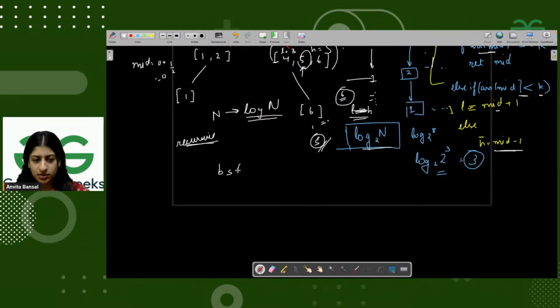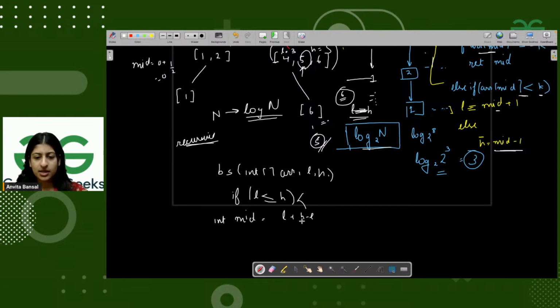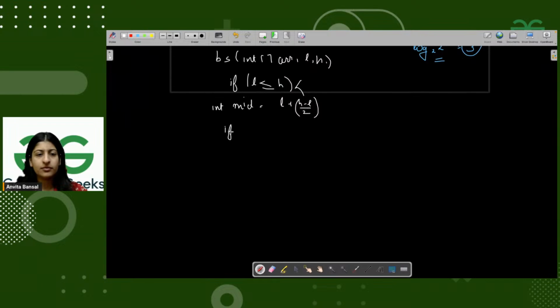Let's say binary search takes your array int ARR, your low index, your high index, right? And then you check if your low index is less than or equal to your high index. Then you do the following. First, you calculate mid. Let's say int mid is equal to low plus (high minus low) divided by 2. Then you check if ARR of mid